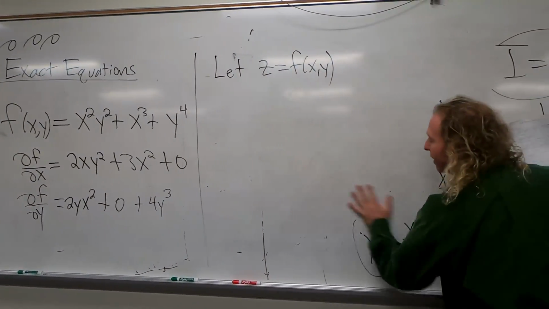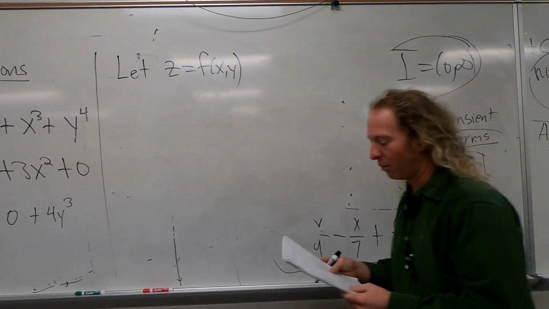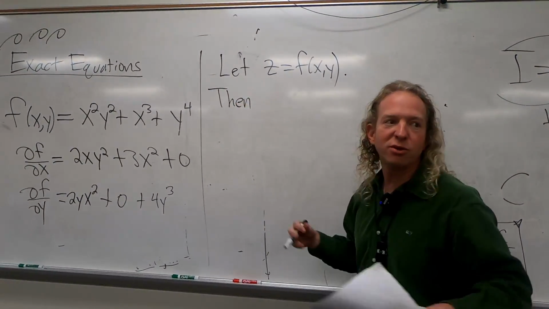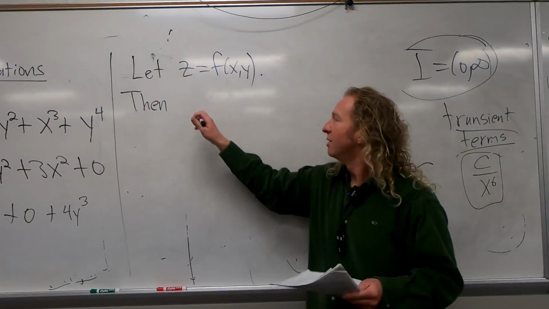So let z equal f of x, y. Okay. We're going to define something new. A new construction. We're going to call it dz. So then dz,